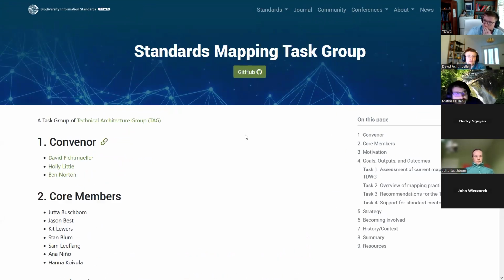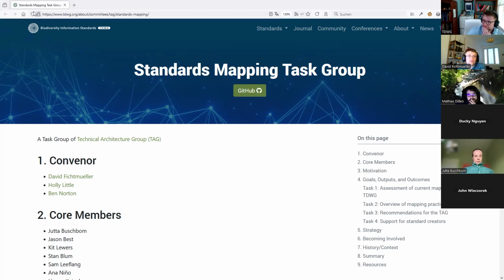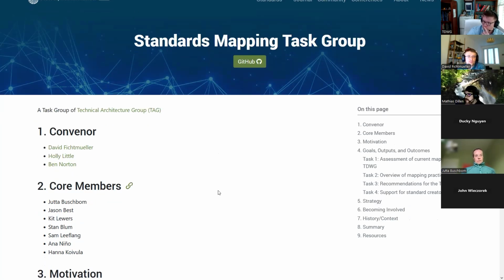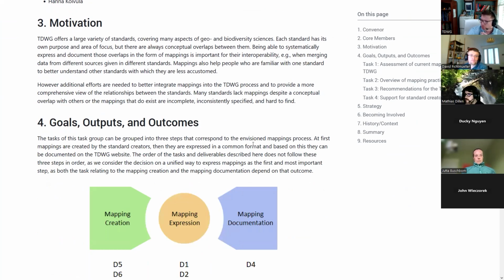So this is the page on the TEDWIC pages about the communities, and I'm not going to read the details, but just to get everybody up to the same level here, the goal is effectively to take a coordinated approach on handling mappings of standards and between standards.